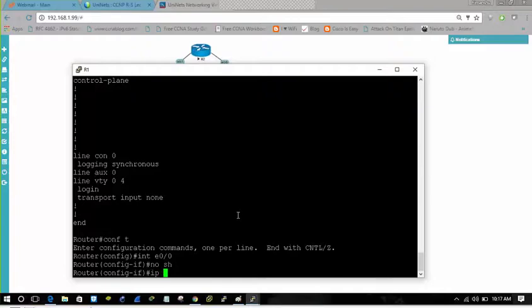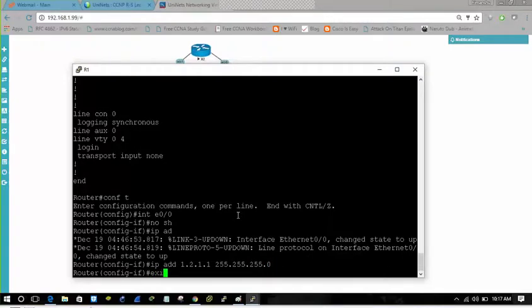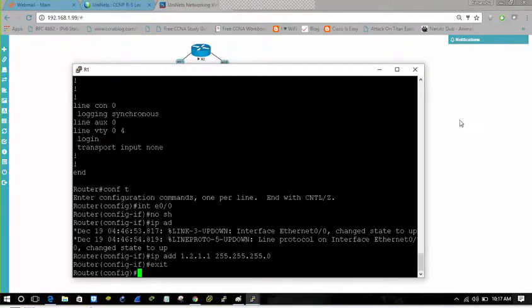It is connected to 1 to 2, 12.1.1. Because the connection is between 1 and 2, can you give the IP with /30? Plus /30 if you provide, yeah, because on this side we are configuring only two routers, so instead of using /24 we can do that. That is it.